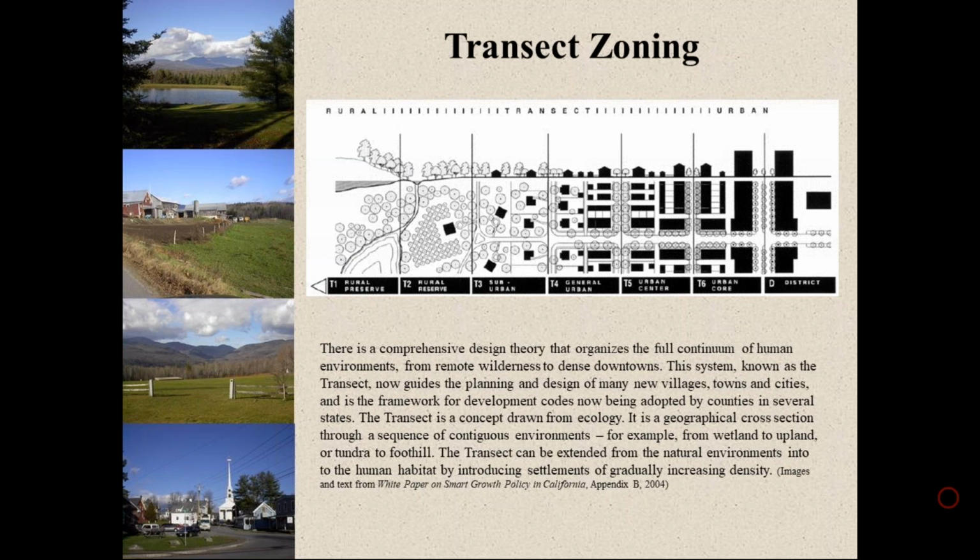If you're especially into urban form, then you've seen this type of diagram before on transect zoning that goes on the left from rural areas to the high density, intensity, very urban commercial districts on the right-hand side. And so it's a transitional slide that shows increase in density and intensity as you move into more urban, with the left side being, I should say, the least dense and intense, with large open spaces and agricultural areas.